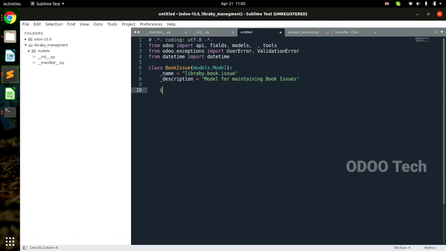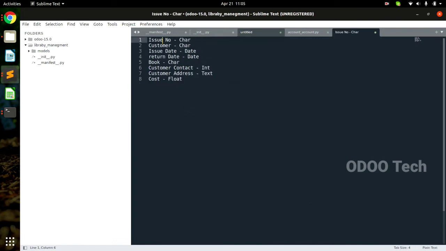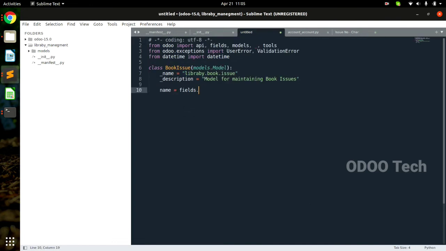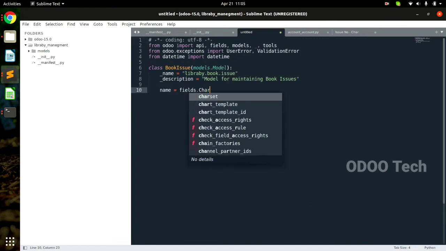So I am going to write issue, I am going to write name, because the issue number is the main field. So name is equals to always fields dot, what is the data type we selected? Character. So we're going to write char.